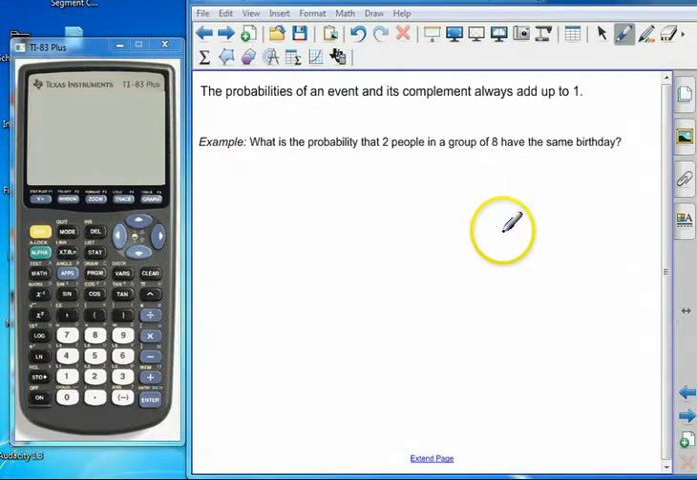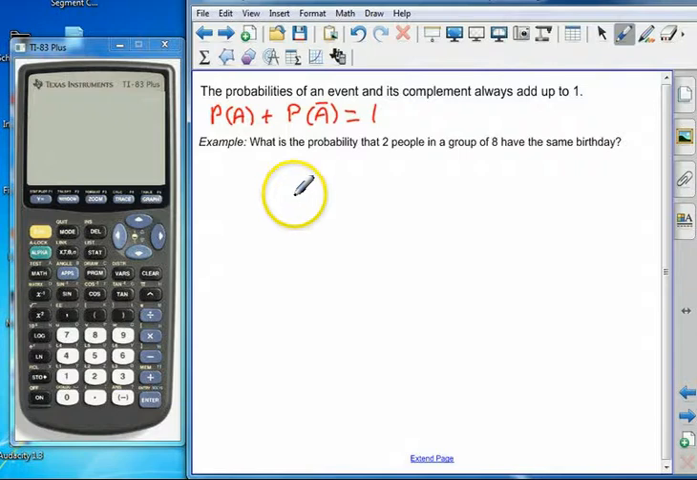Okay, the next concept you have to know about probabilities is that an event and its complement always add up to 1. In other words, the probability of A occurring plus the probability of not A occurring always adds up to 1. And here's a good example. What's the probability that 2 people in a group of 8 have the same birthday? If we let the probability of B be